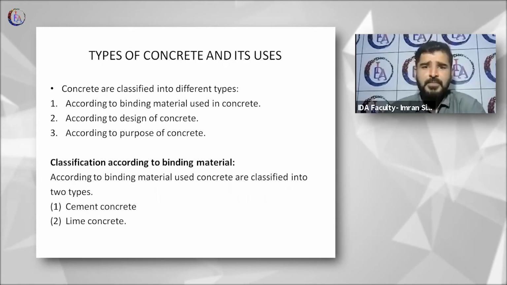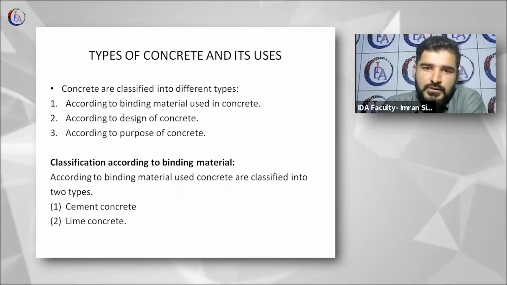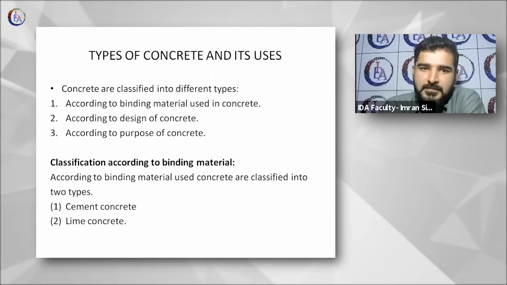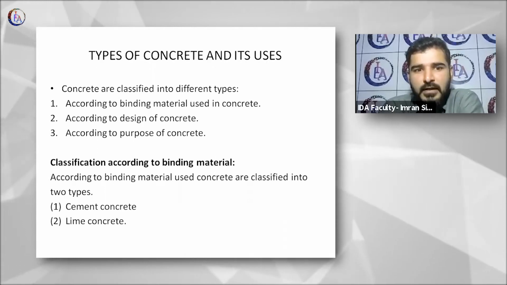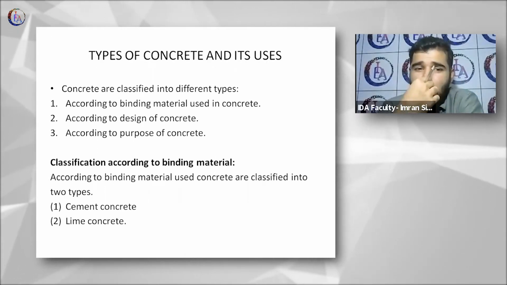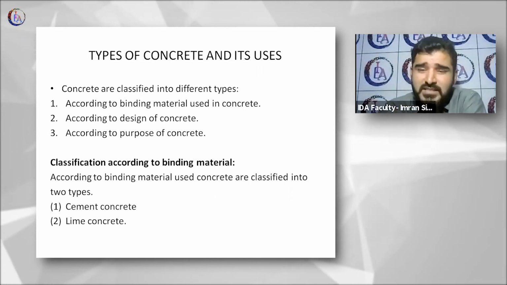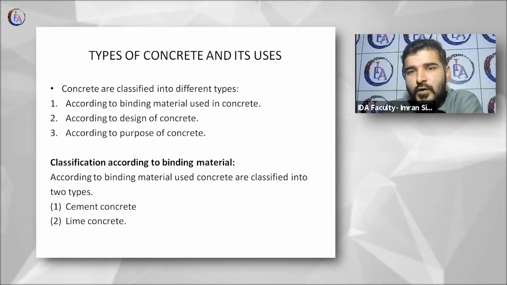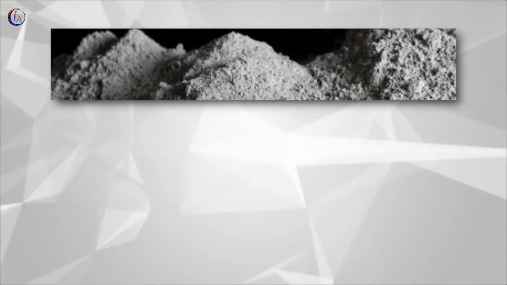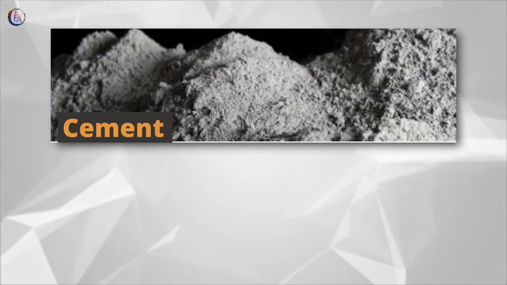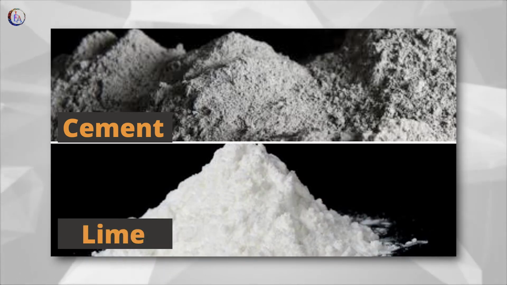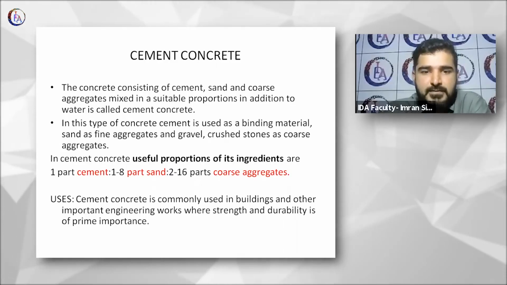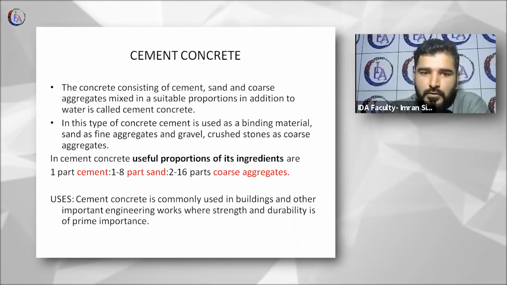Freshly prepared concrete is known as green concrete, and the hardened form is known as hardened concrete or just concrete. Okay, there are classifications and types of concrete, and there are a lot of classifications into which concrete is divided. So majorly concrete is classified on the basis of binding material. I told you about two things. One was the cement and the second is the lime. Okay, so concrete consists of cement, sand, and aggregates that we talked about, right?